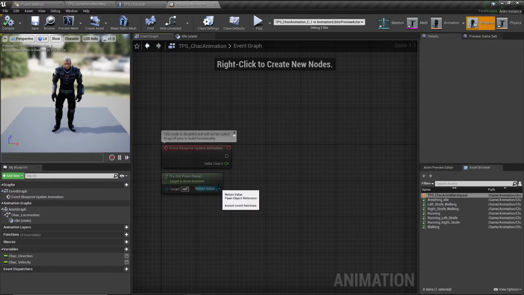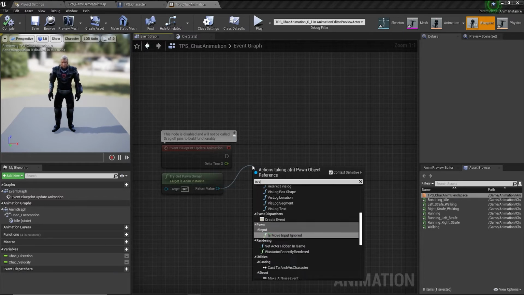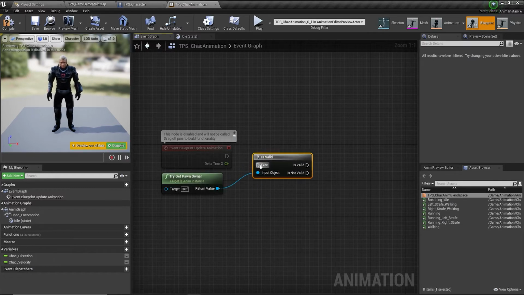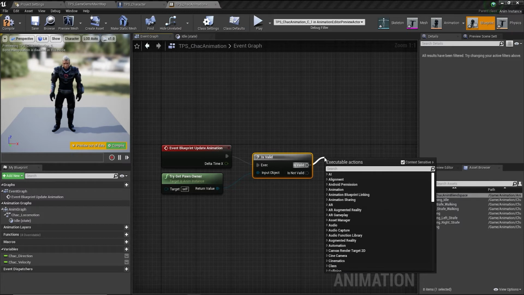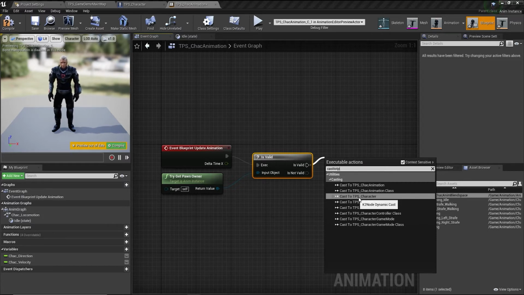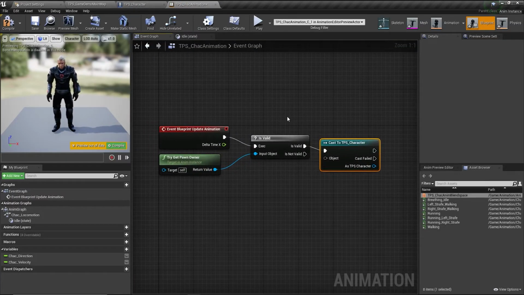So from here select is, search for is valid, attach this to this, and now select is valid and search for cast to TPS, cast to the TPS character, that is this one, and from here just